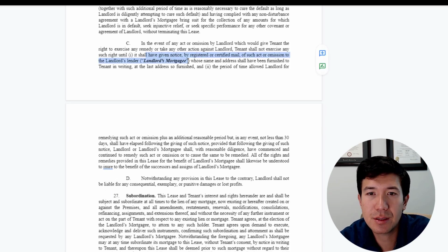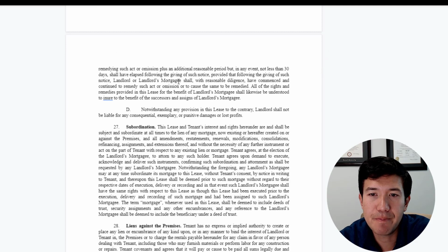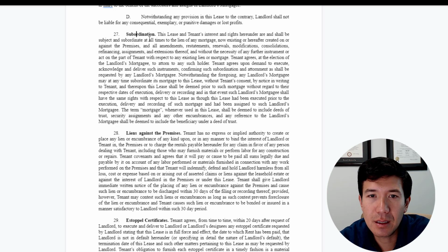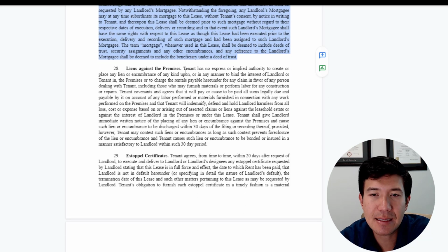Again here, subordinate to the landlord's mortgagee. We're going to talk about that in another video, the SNDA, that's the Subordination Non-Disturbance Agreement. Subordination, you're essentially agreeing to it in the lease, but an SNDA is a separate document that is signed between the tenant, the landlord, and the landlord's lender.